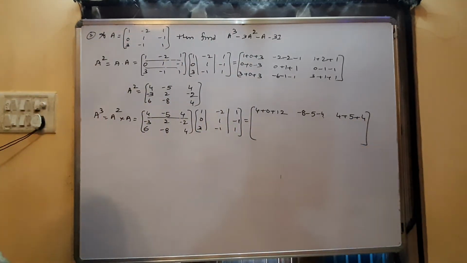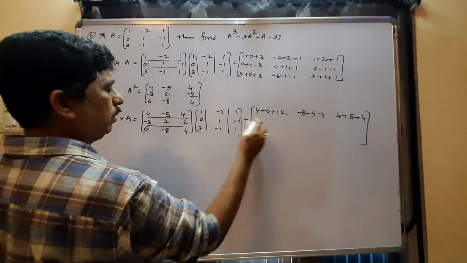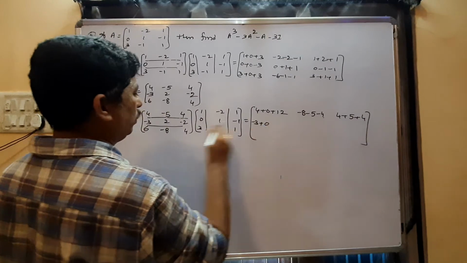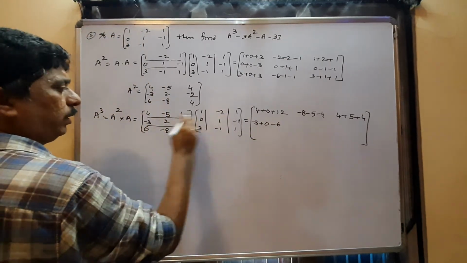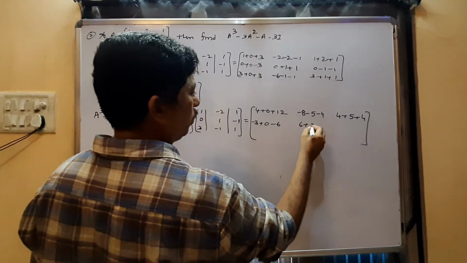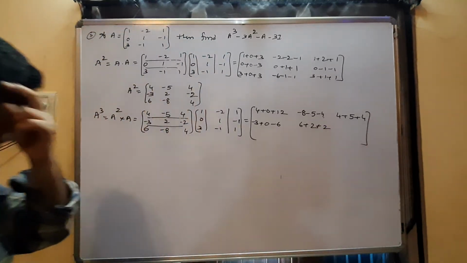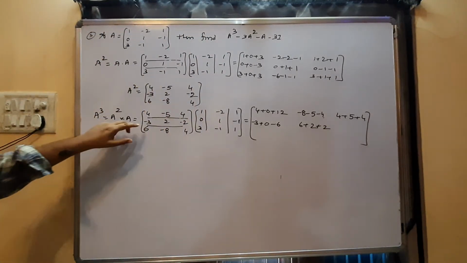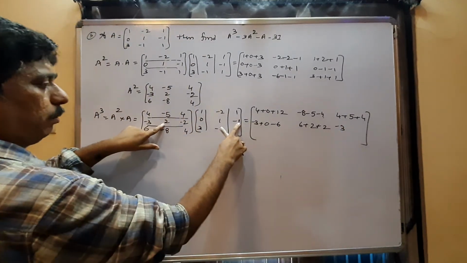Now second row into first column: minus 3 into 1, minus 3; 2 into 0, 0; minus 2 into 3, minus 6. Second row into second column: minus 3 into minus 2, plus 6; 2 into 1, 2; minus 2 into minus 1, plus 2. You can say the second row into third column, you have to multiply minus 3, minus 2,